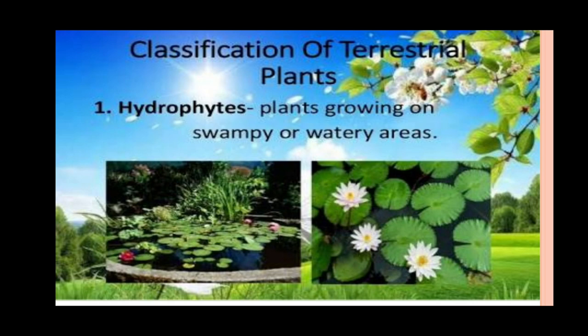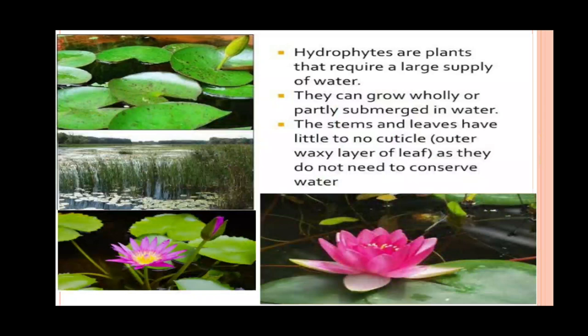They do not have roots, or they have very small roots. They bear leaves which are coated with a thin film, and this film helps to protect them in water. Examples are your water lily, lotus. As you can see in the first picture, the leaves of the lotus plant are waxy, means their leaves are covered with a waxy thin layer so that they could be protected from water, and they require a maximum amount of water for their survival.